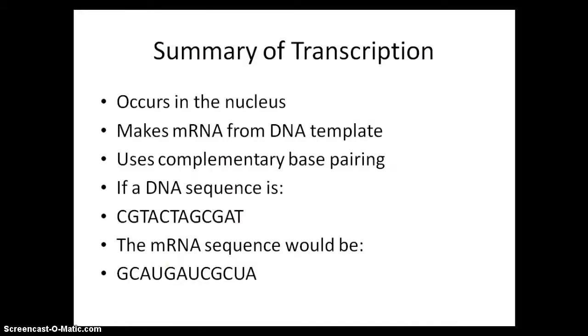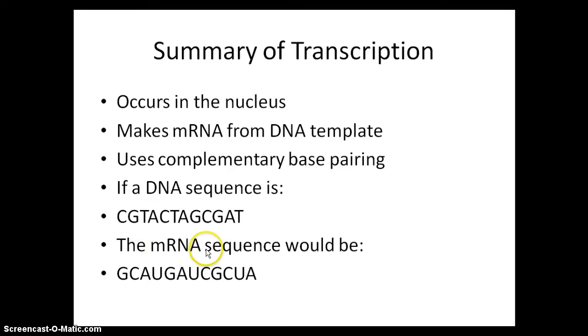So let's summarize transcription. We're going to start off with that. Summary of transcription. Transcription occurs in the nucleus of eukaryotic cells. Transcription makes mRNA from a DNA template. It uses complementary base pairing, but remember that RNA does not have thymine. So if your DNA sequence is CGTACTAGCGAT, sorry about that. If this is your DNA sequence,